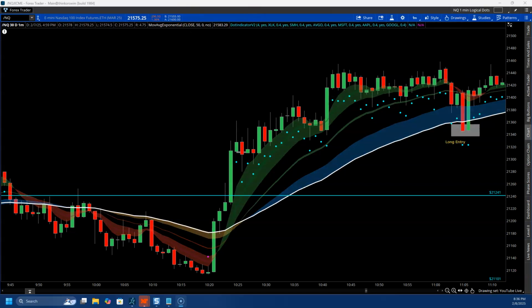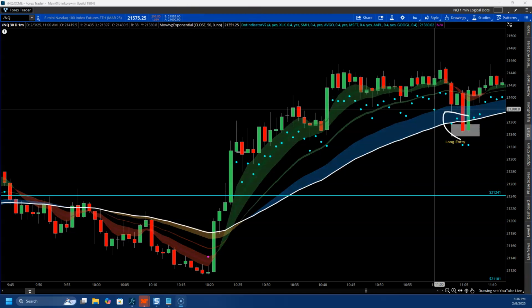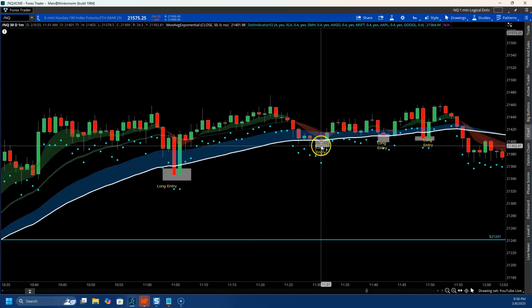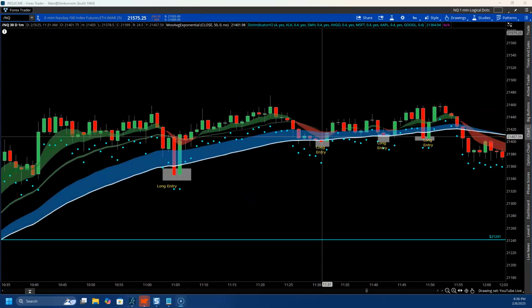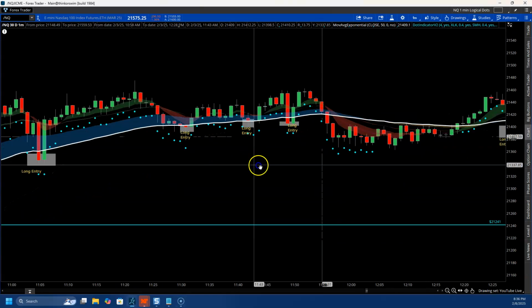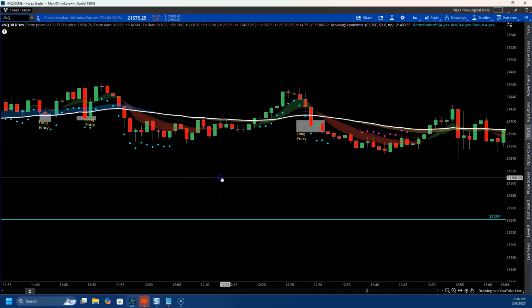Over here as well, 50 EMA. This is Annie's entry. I know she likes to play these 50 EMAs. So that was a long entry. This was again a long entry on midday. All these long entries paid like, you know, good 20 points, 25 points in some cases. So yeah, and